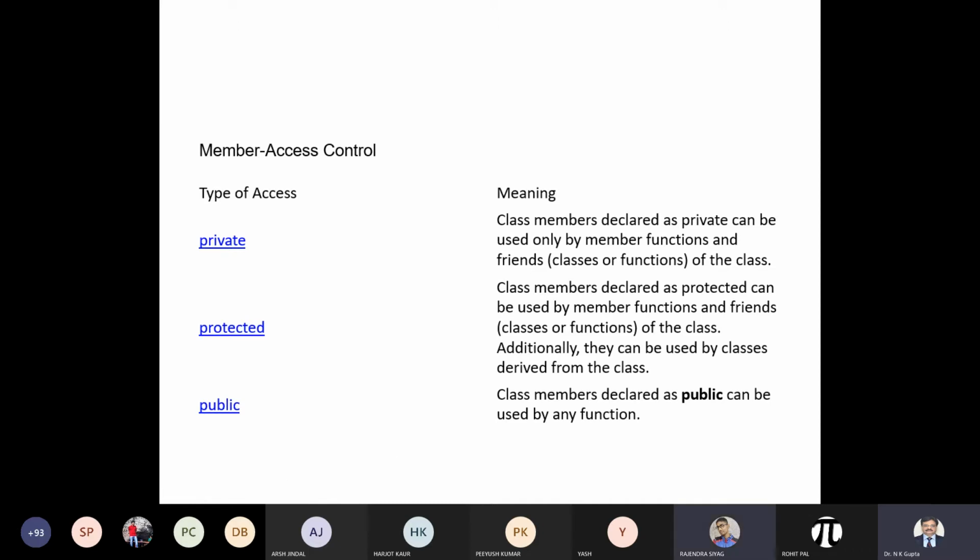Sir, private things are not available to the friend function. Friend, no, I'm not talking about friend. I'm talking about the derived class. Friend function, it will be available. Yes, sir. So on top of it, if it is protected, then it is available to the derived class also. It is available to the child class. I'm going to stop here since you had asked me about it, so I tried to explain it. I will take this up when you really study inheritance. Okay? Right? Yes, sir.